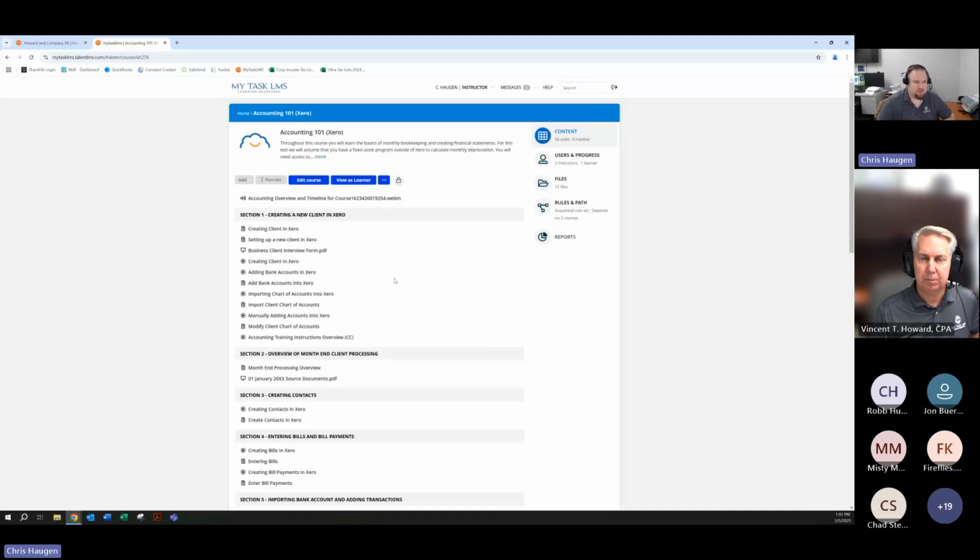It is going to be similar build out to how QuickBooks Online is, where you may not want the new trainee to create the client in Xero, and that's okay. You guys can be able to create it for them. They can then start from that process going forward, but we do show in here for them how to go through creating a client in Xero if you wanted to go with that route.